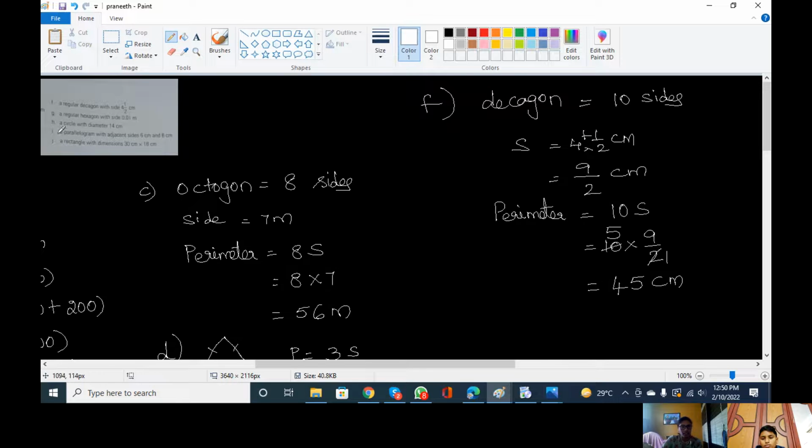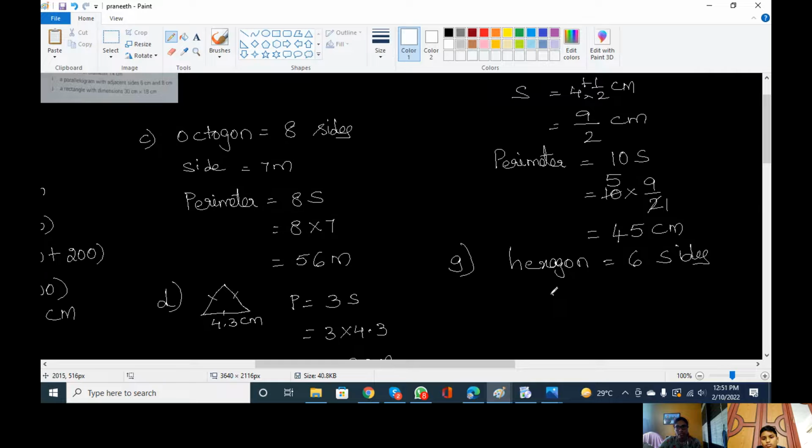Next, going to the G bit. A regular hexagon with side 0.01 meters. It's a hexagon. Hexagon has how many sides? 6 sides. Yes, 6 sides it is. So they have given each side is 0.01, right? Yes. Yeah, 0.01